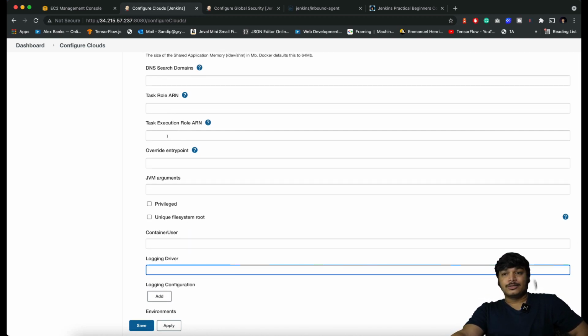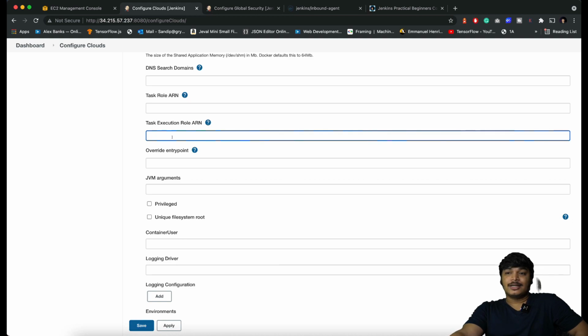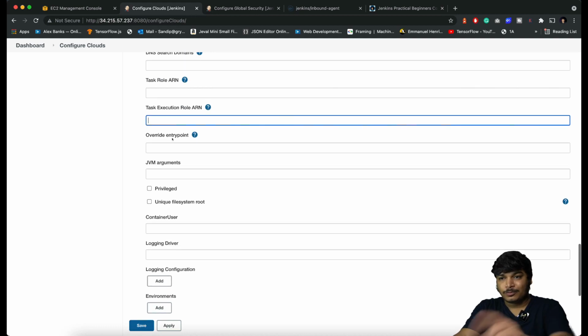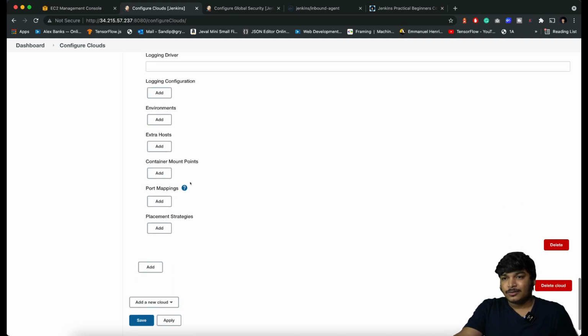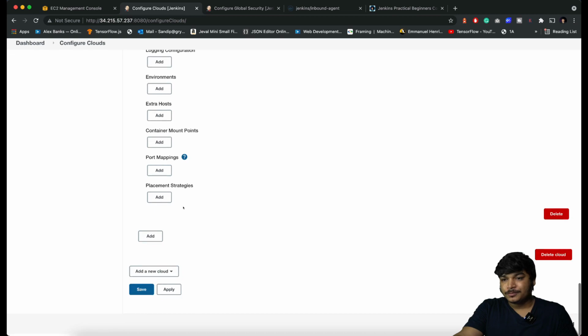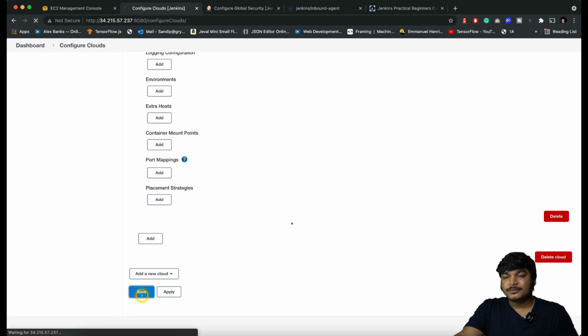For that you also need to make sure you create the task execution role so that it can allow the logs to be pushed. Maybe I will make this particular video for the channel members, just to cover this advanced stuff. Now go down, I think all good. Now click on save.